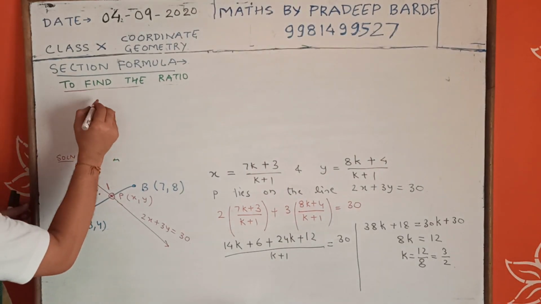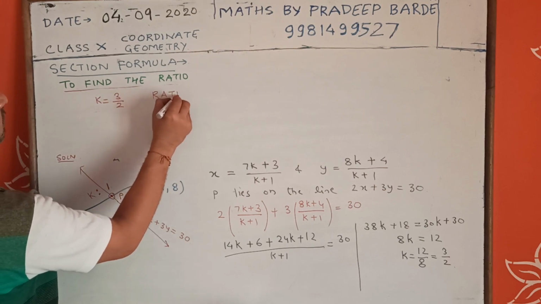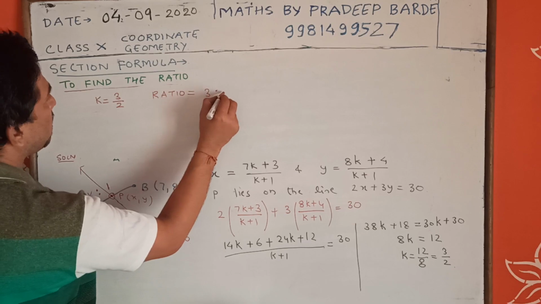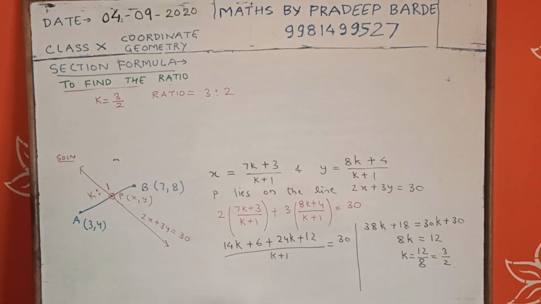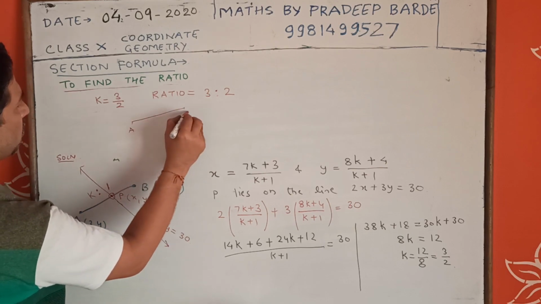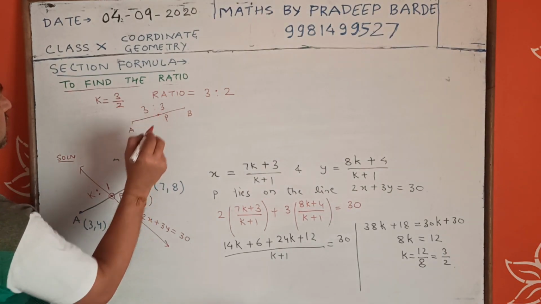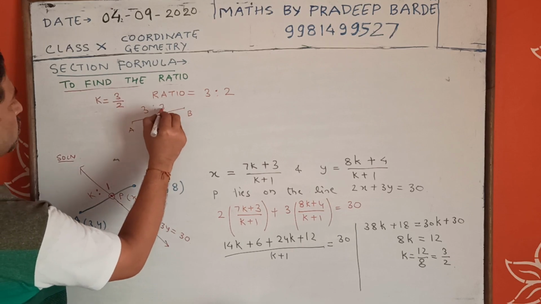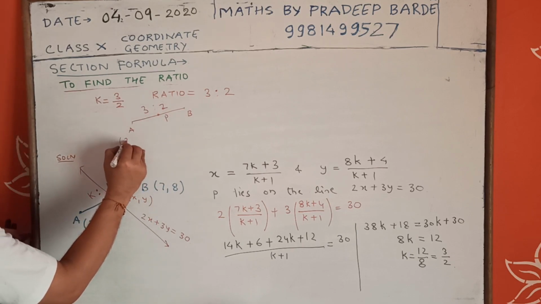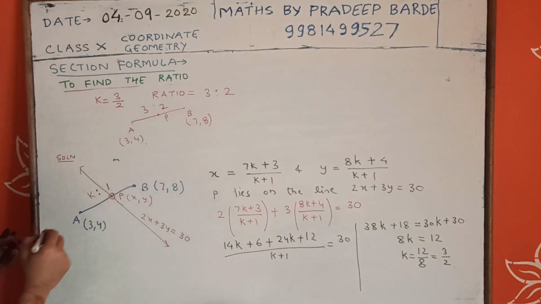We have obtained k is equal to 3 upon 2. That means the ratio is 3:2. अब चाहे तो एक बार फिर से रफ फिगर बना ले बच्चों। ये हो गया पॉइंट ए बी, ये था आपका पॉइंट पी। रेशियो आपके पास आ गया 3:2। ए के कोऑर्डिनेट्स है 3,4, बी के कोऑर्डिनेट्स है 7,8। अब आपको पी के कोऑर्डिनेट्स निकालना है। दो तरीके हमारे पास। एक तरीका तो